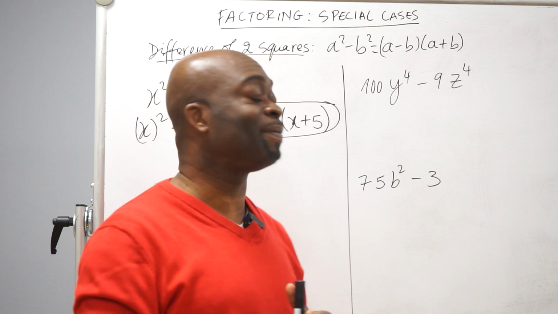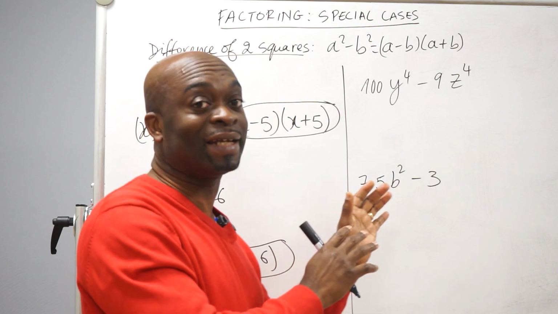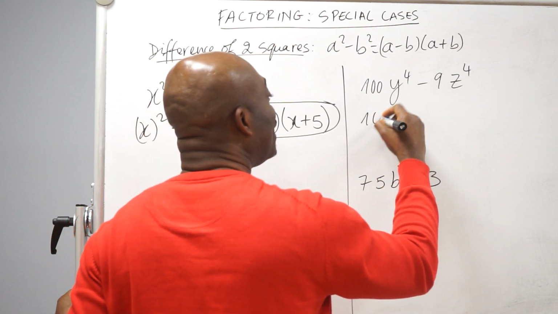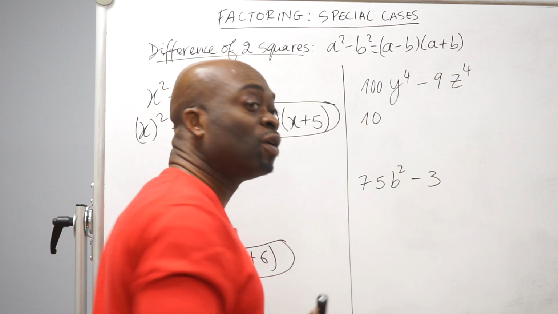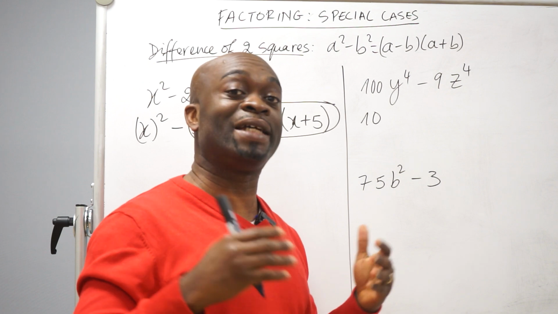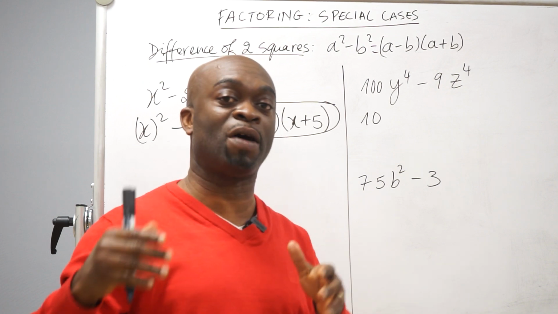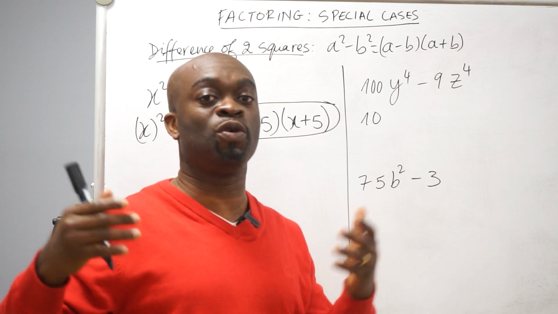But because we haven't spoken about that yet, so that's the reason why I'm not getting that involved yet. So that means a 10. All right. What about the y to the 4th power? What y will multiply itself to give you y to the 4th power? That'd be y power 2, because y power 2 times y power 2 will give you y to the 4th,